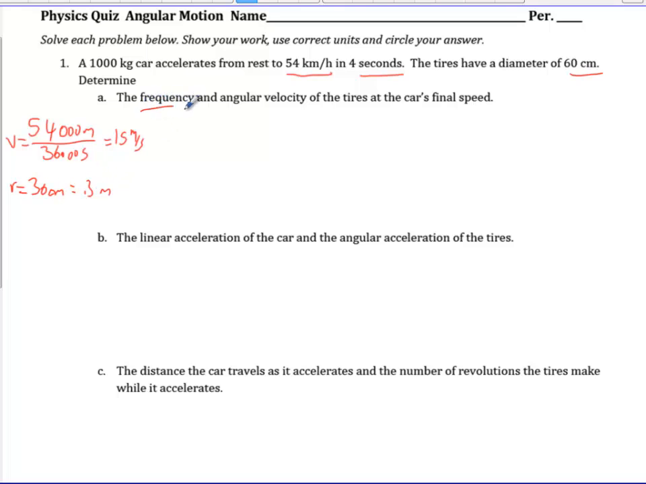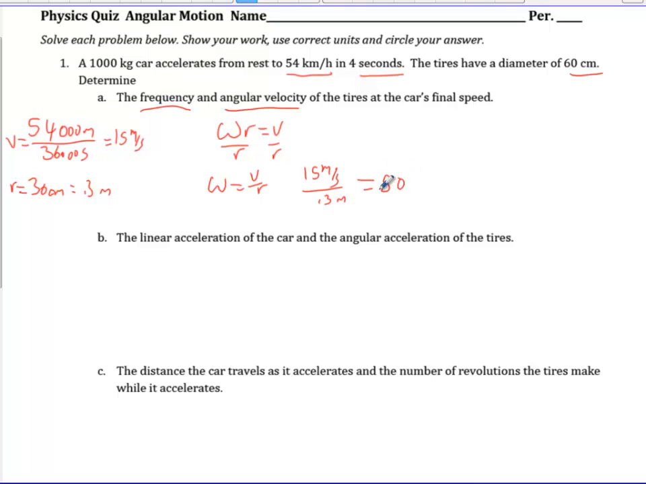I'm supposed to find the frequency, we'll come back to that, and the angular velocity. Angular velocity is omega, and omega is how fast this tire is rotating. V is how fast the car is moving. But since the tire has to make rotations to make the car move, this is related. Omega R equals V, which means if I divide both sides by R, I get omega. Omega equals V over R. So if I take my 15 meters per second and I divide it by my 0.3 meters, I get 50,